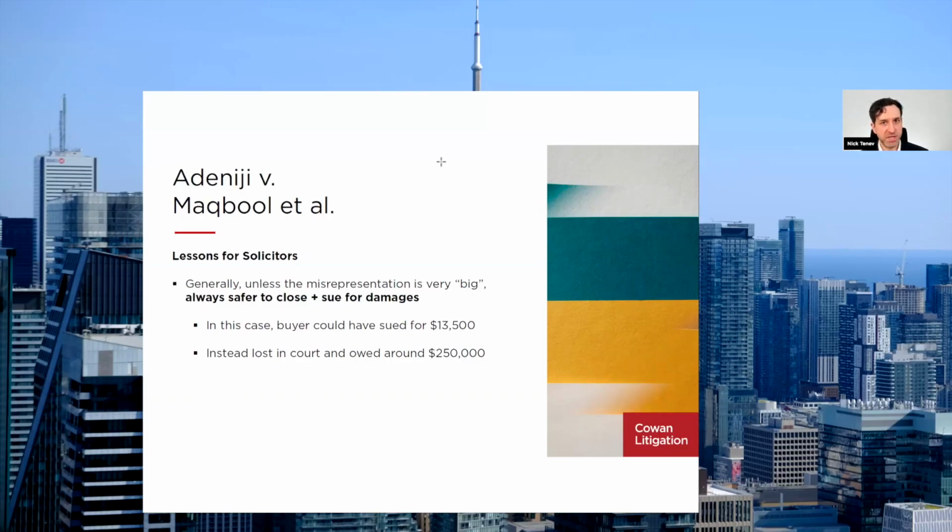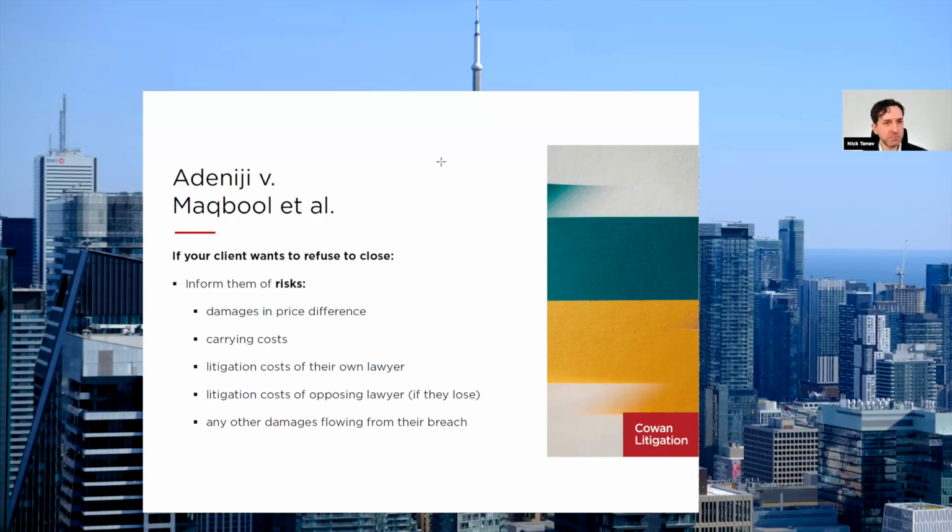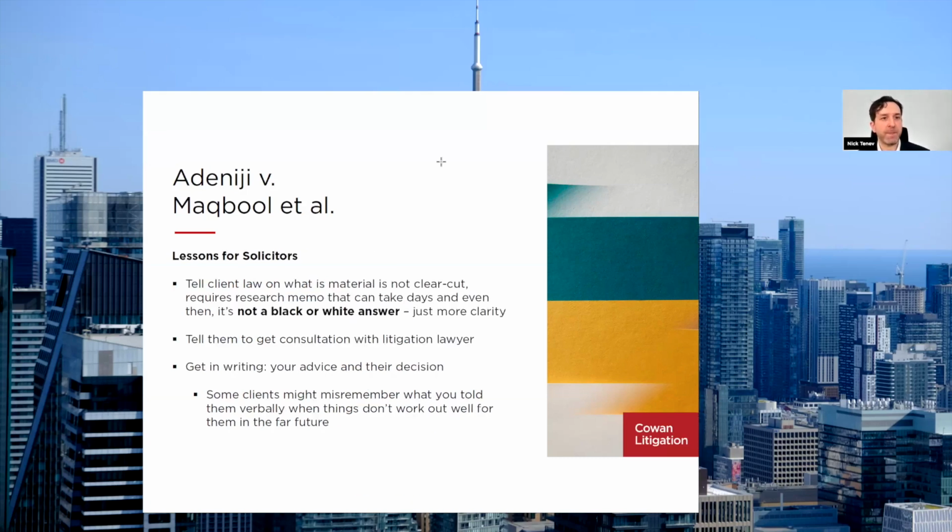We can see here the buyers were liable for around $250,000. So if your clients do not want to close, just make sure to tell them that that's very risky. What is material is very nebulous. It's not a clear-cut thing, and they could be liable for the price difference, carrying costs, litigation costs, and any other reasonable damages flowing from their breach. And make sure to explain to them, as I mentioned, that what is material in a misrepresentation is not a black or white thing. You might have to do research. You can tell them to speak with a litigation lawyer, and always put your advice in writing